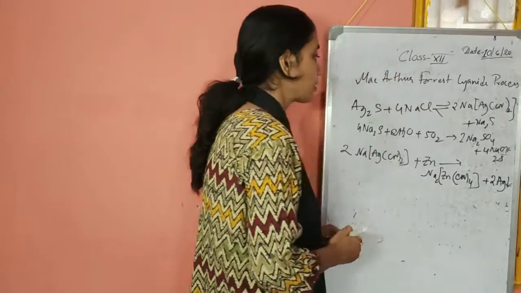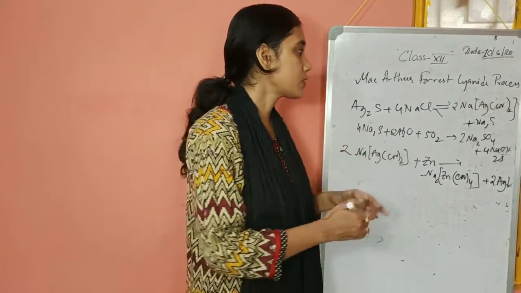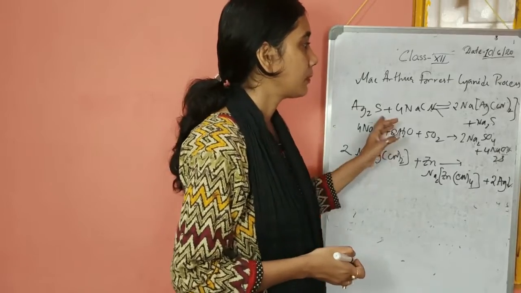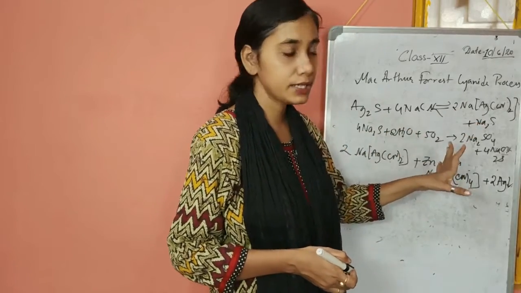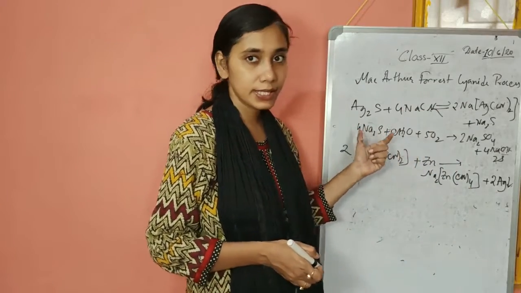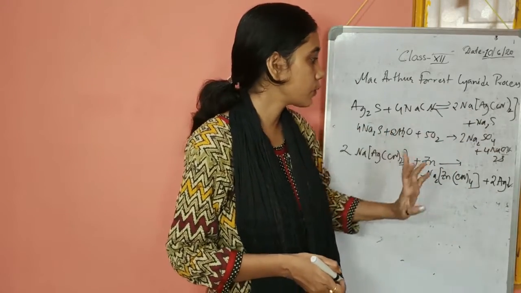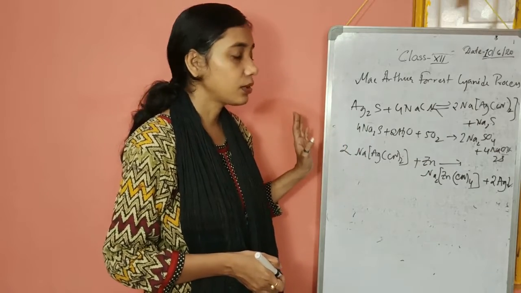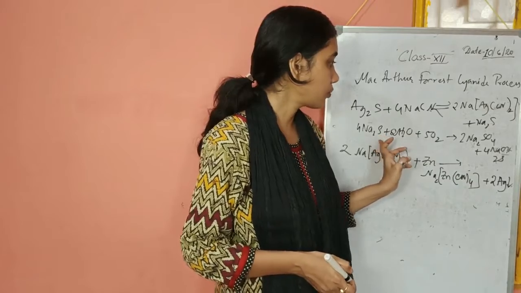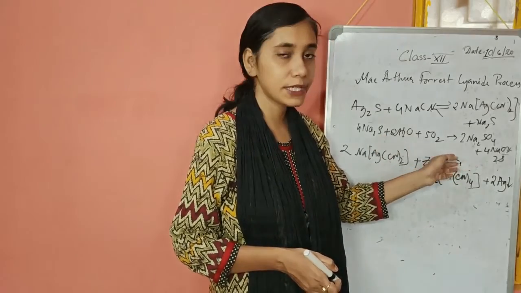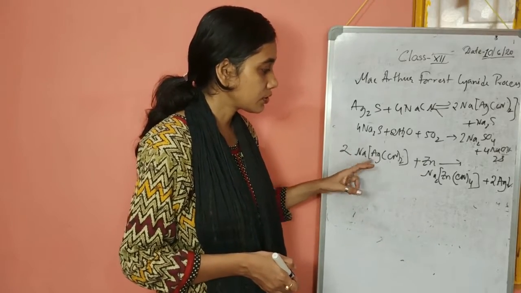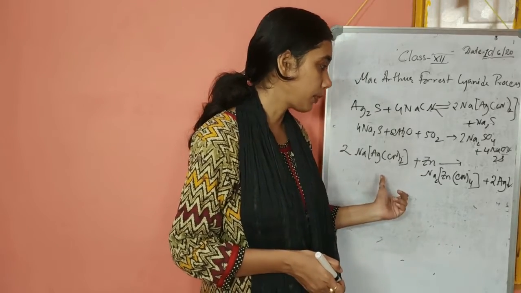So these are the reactions. Silver glance, which is treated with sodium cyanide, is making sodium silver cyanide. If you write the IUPAC nomenclature, sodium dicyanoargentate, and here the valency of silver is 1. And then as I have stated, air is passed through it, and in the reaction Na2S gets formed, which gets oxidised to sodium sulfate and gets separated, and then zinc being a stronger reducing agent, it reduces this complex to form pure silver.